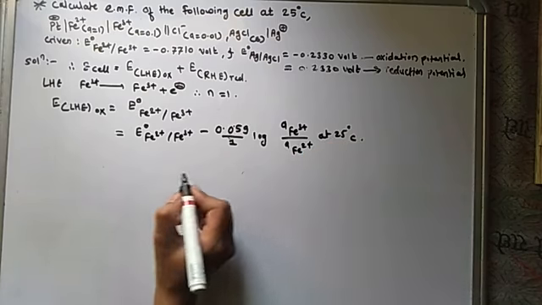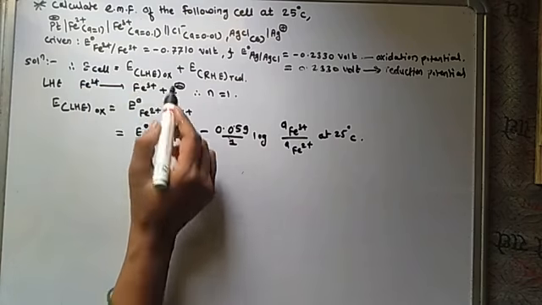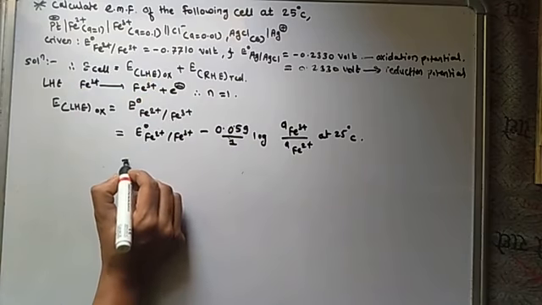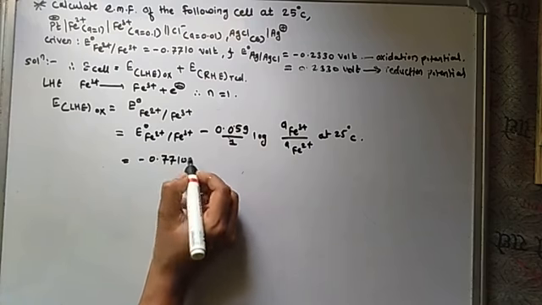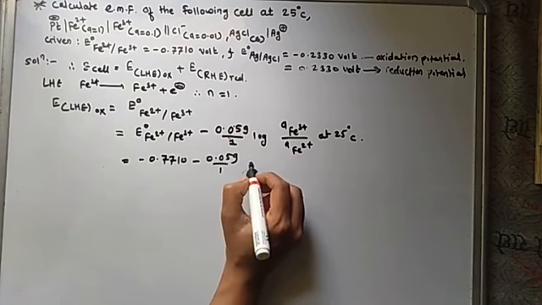Putting the values in this equation, the potential of Fe2+/Fe3+ is given as minus 0.7710 volt. Therefore minus 0.7710 volt minus 0.059 divided by 1 log of,